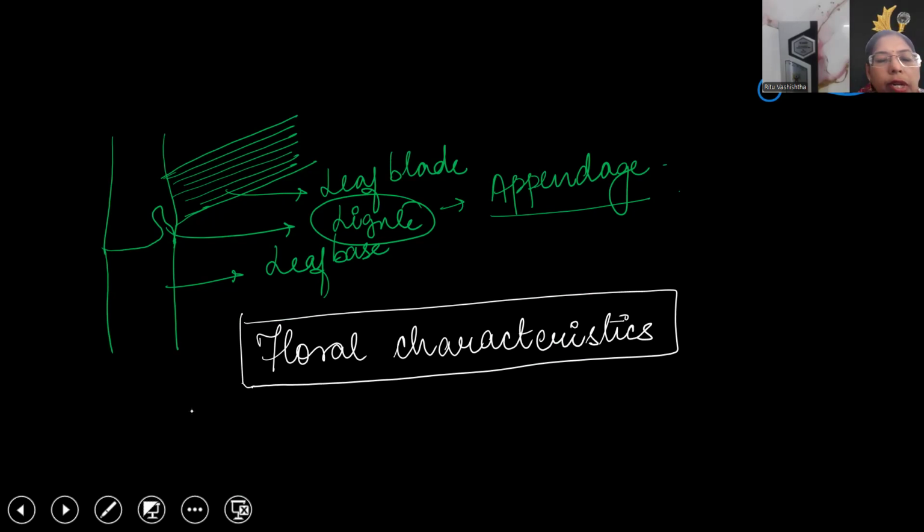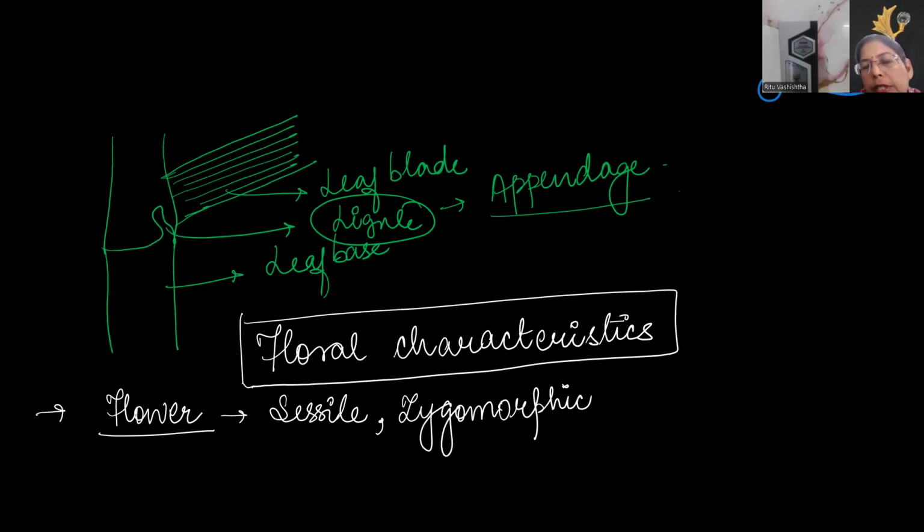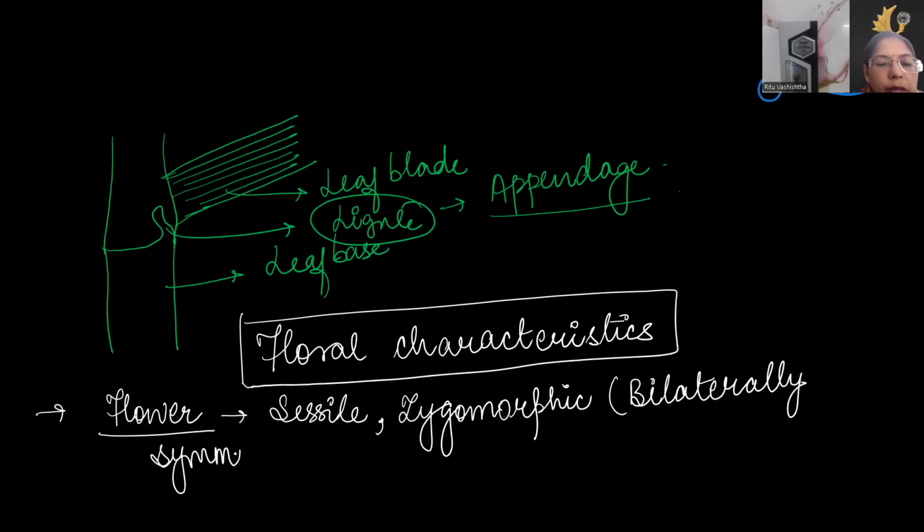So when we talk about the floral characteristics, first of all, I'll be taking up the flower. Here the flower is sessile, means it is stalkless. Then you will find zygomorphic, means bilaterally symmetrical. I explained this. In general, bilaterally symmetrical means a flower can be divided into two equal halves only from one plane passing through the center. If it can be divided into several halves in many planes, then we term it as actinomorphic. So here it is sessile, stalkless, zygomorphic,